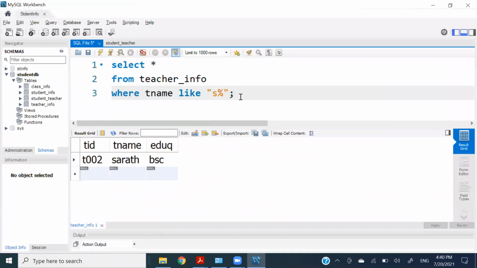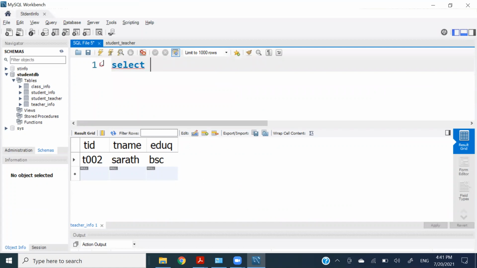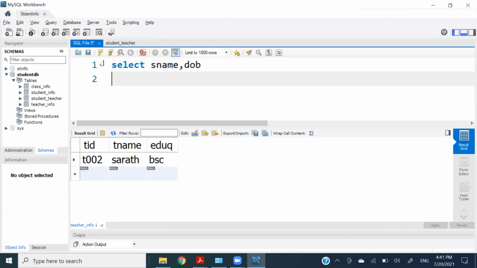So we can say select S name and DOB from student info,